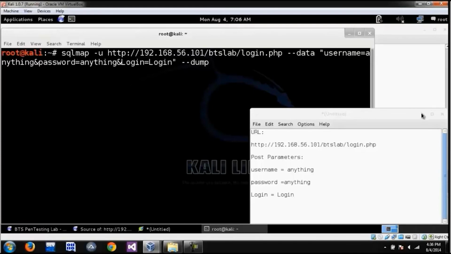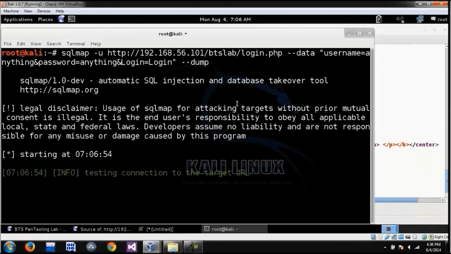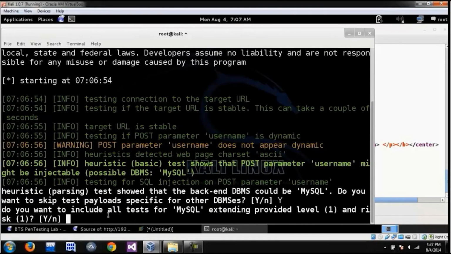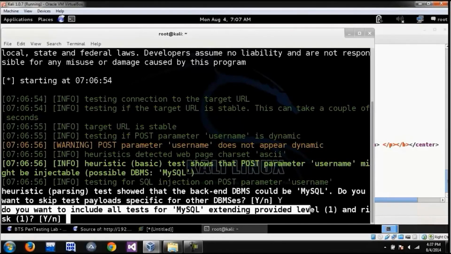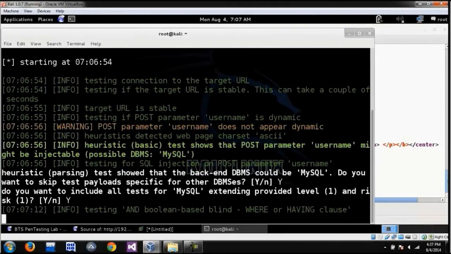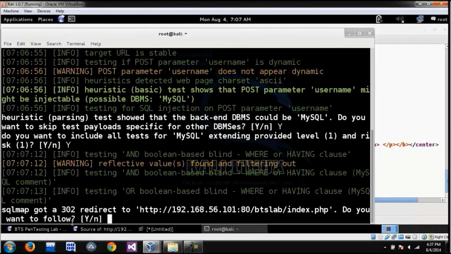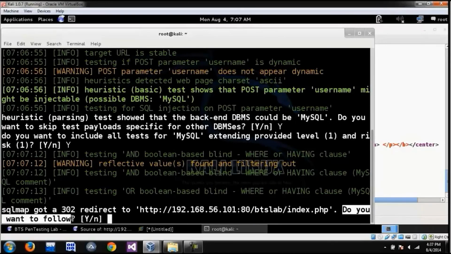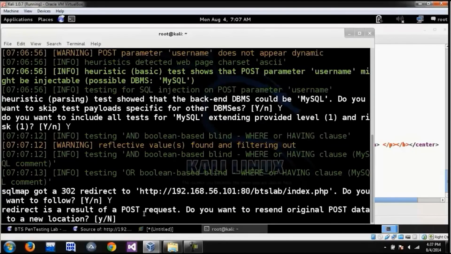So let's just hit enter, and sqlmap started exploiting, and you can see that it has found the backend database is MySQL, and we'll just skip the test and give yes. Then for the next one it's asking if you want to include all the tests for MySQL. We'll give yes, and sqlmap has found there is a 302 redirect, and it's asking do you want to follow. We'll give yes,